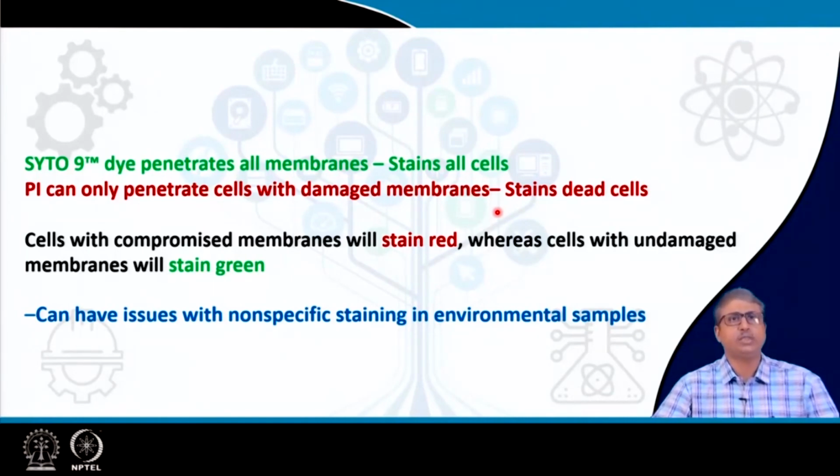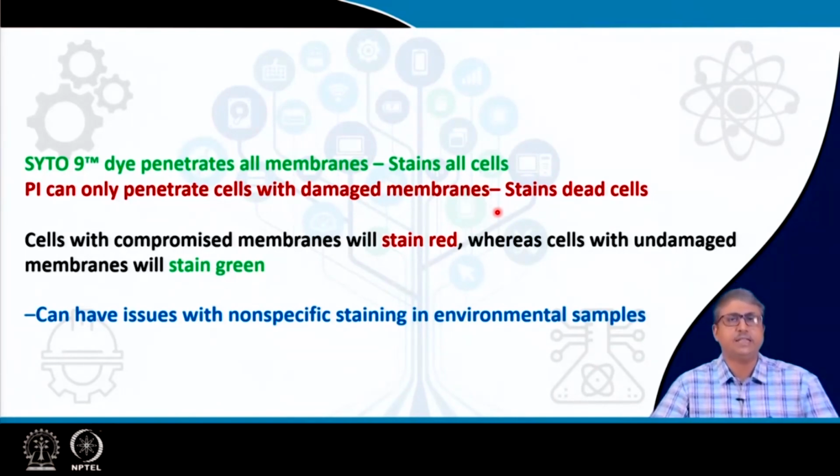Now, cells with a compromised membrane will eventually be red, because PI can only penetrate the damaged membrane cells. So, the dead cells will have the red color, whereas the cells with undamaged membrane will stain green. Now, the green stain will enter in all cells, dead or live in both, but in case of a dead